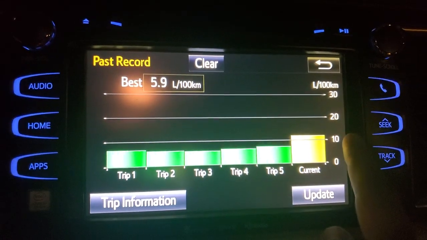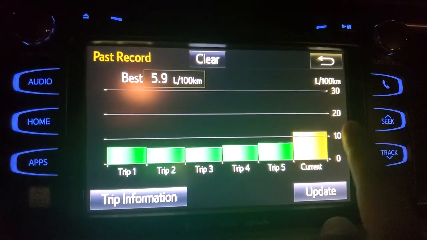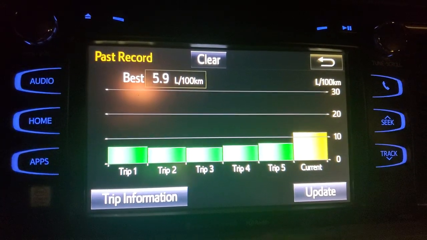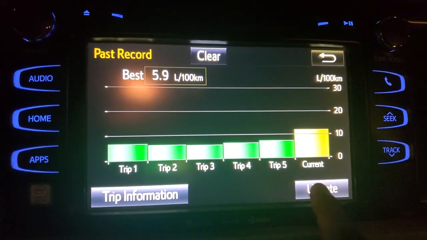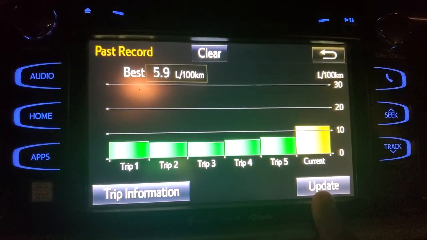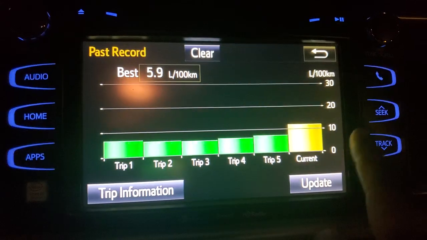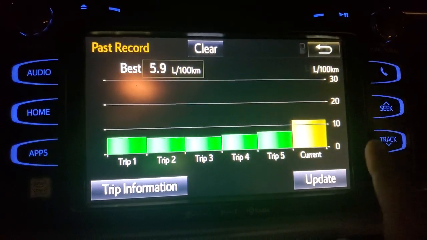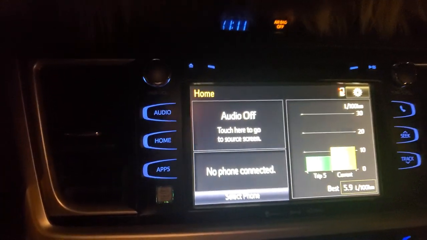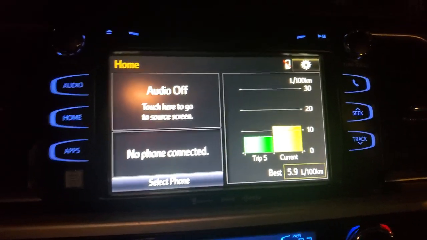So all are coming below 10 liters for 100 kilometers. And then we can update here. For example, if I go somewhere and then I press update here, then it will show the trip number 6. Okay, so again it is back to the home screen.